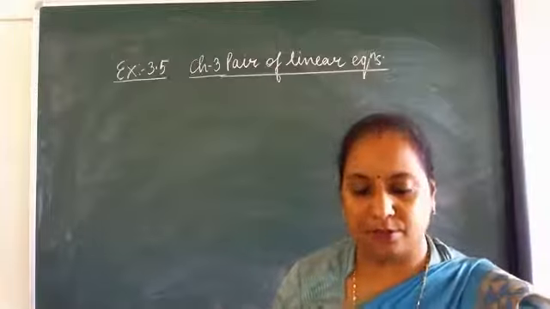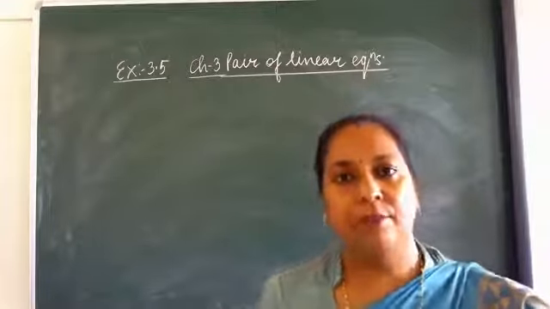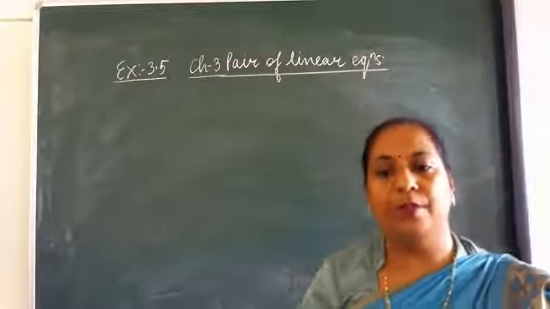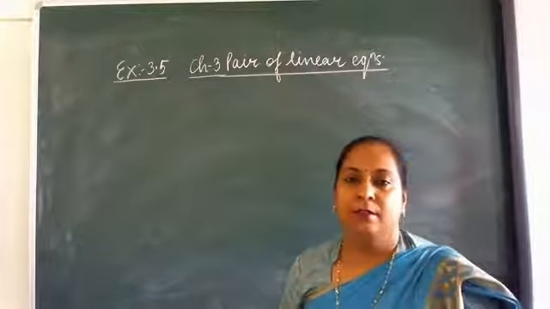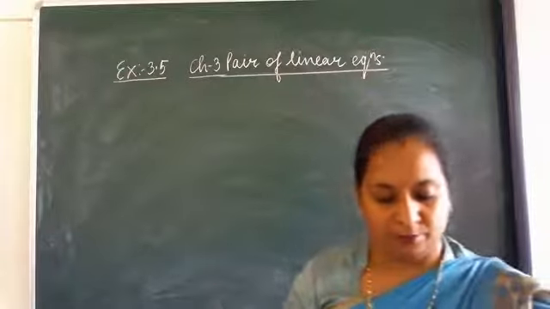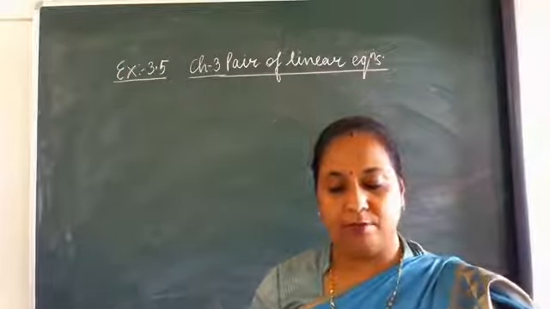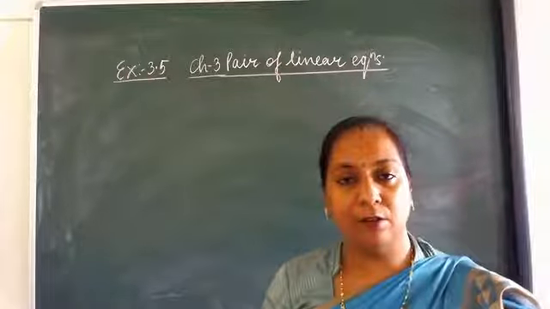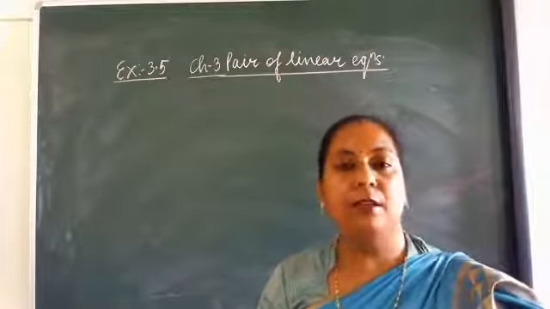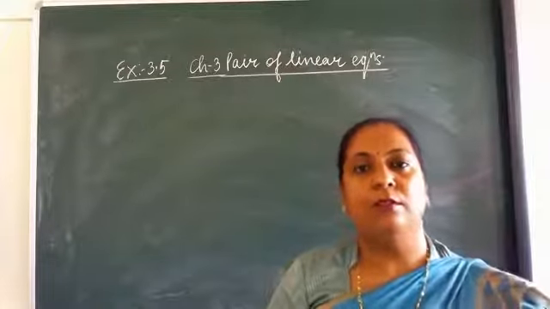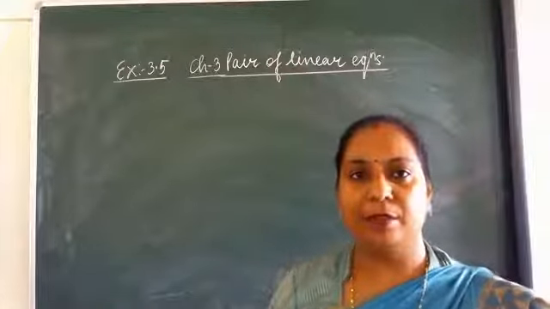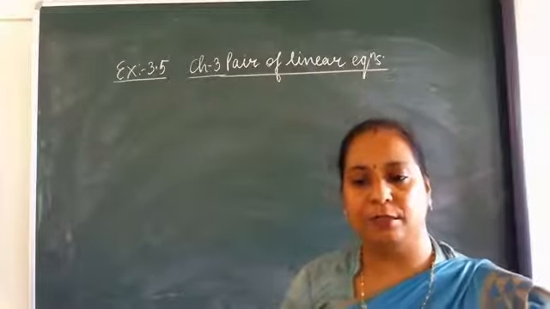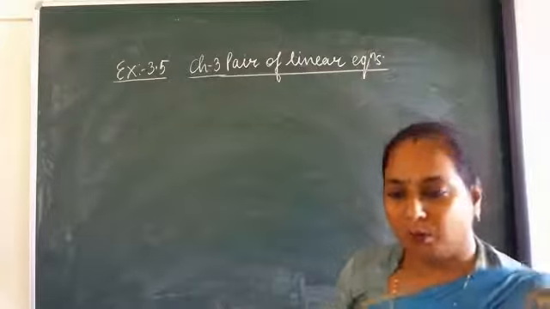So today we are going to start the 3.5 exercise. Now listen carefully. Question number 1 and question number 2, I will explain later on. Question number 3: Solve the following pair of linear equations by the substitution method or cross multiplication. So cancel cross multiplication. The two equations are given, so you have to solve them for the value of x and y by any method. In this you can solve by substitution method. So question number 3 is homework.